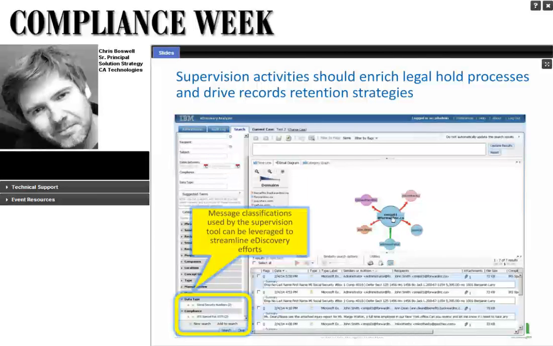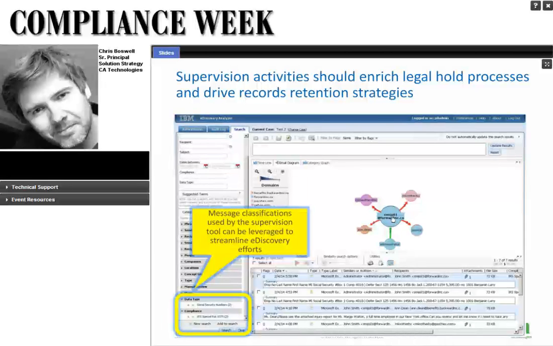This screenshot shows some of the violation activity that we found showing up in a legal hold that might have occurred from content 18 months ago. Perhaps some of these messages were reviewed, perhaps there were some notes, perhaps there's some context in the supervision solution that may lend credence to what's going on from a legal hold perspective. Or it could be just as simple as, like I mentioned earlier, you have attorney-client privilege information, and you need to filter that out and not provide that to a third party. That could be quite expensive and time-consuming depending on the nature of the legal hold.